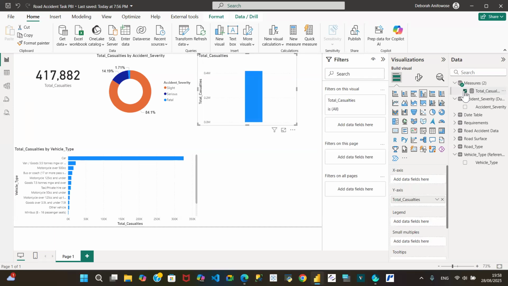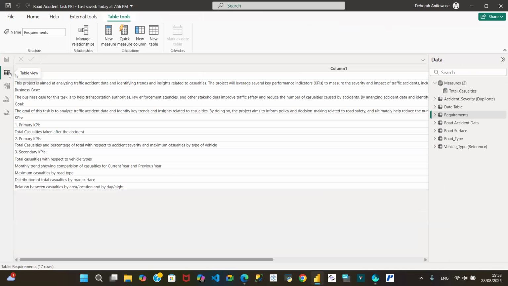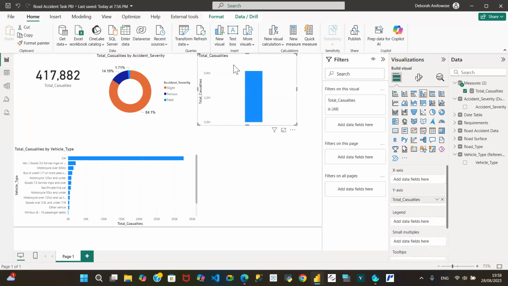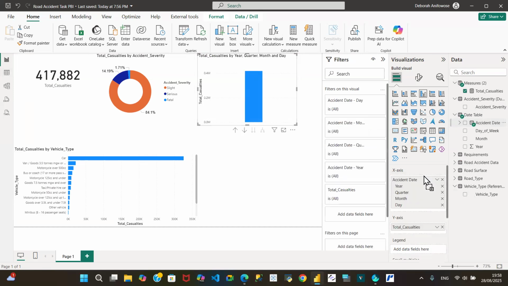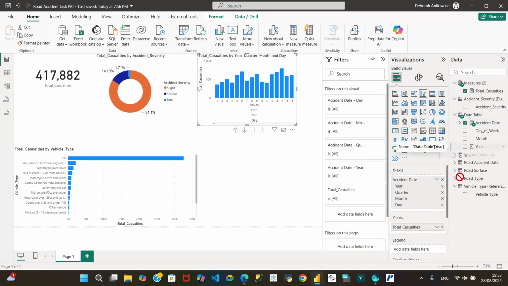It says by month, comparing the two years. So if I drag dates here, and drag the year as a legend here,